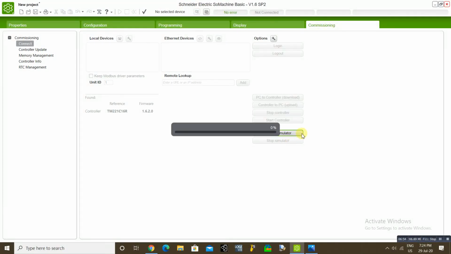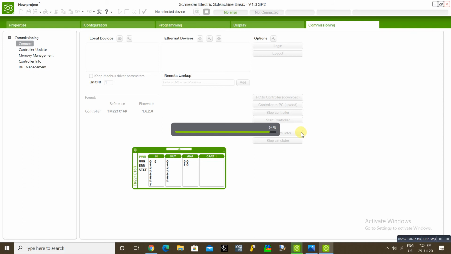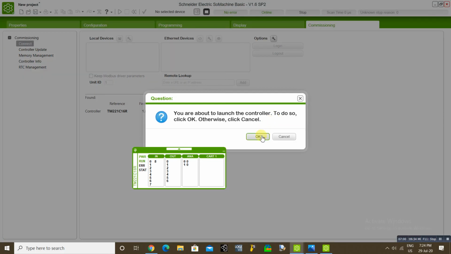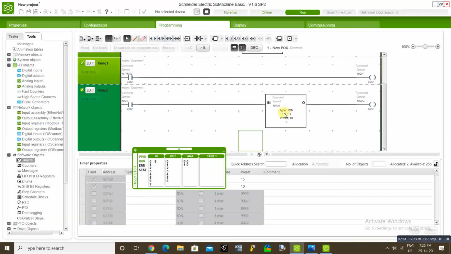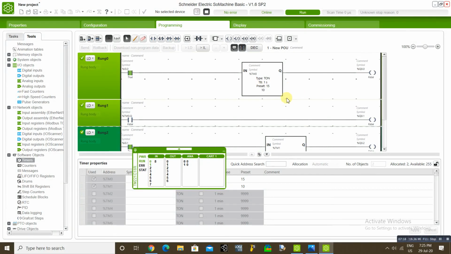Commissioning simulator, start controller. Now you can test your second timer. First timer also enabled, second timer also enabled.